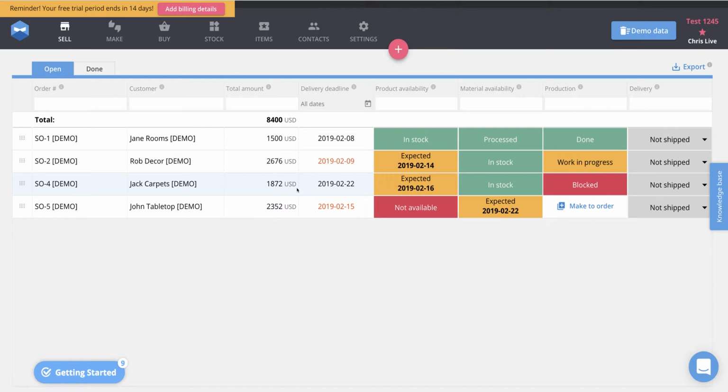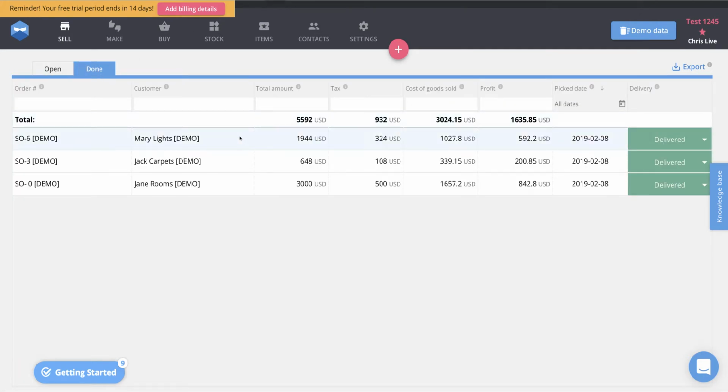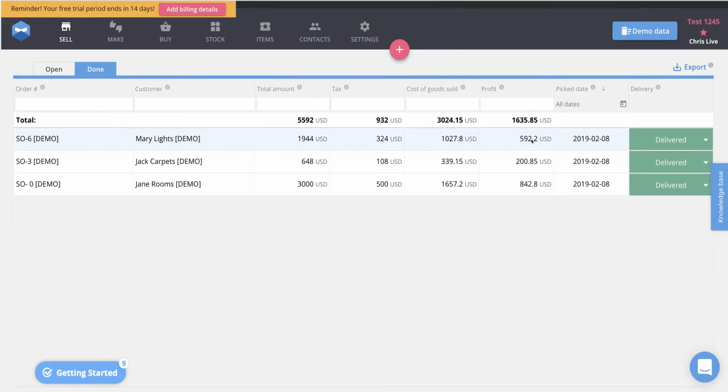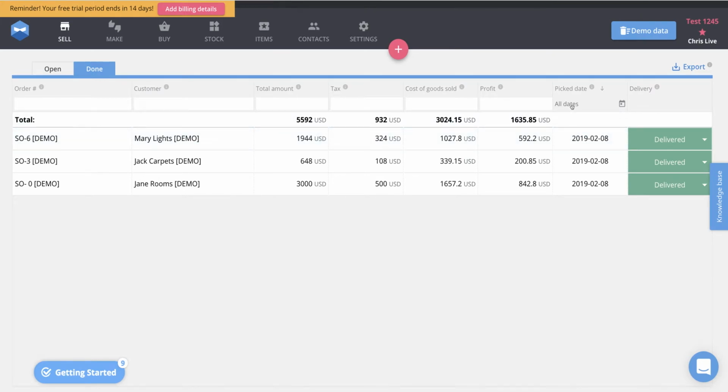To go over more details regarding what happens after you do these things, there are some of the reporting features that Katana also provides to users that are using it for their manufacturing. So for sales, we have some basic sales reporting here as well. So let's say we have these 3 customers that have their products delivered. We see here the total amount that we made off of them, how much we paid in tax, the cost of goods sold, which is both the material and operations costs that go into the products that got sold,